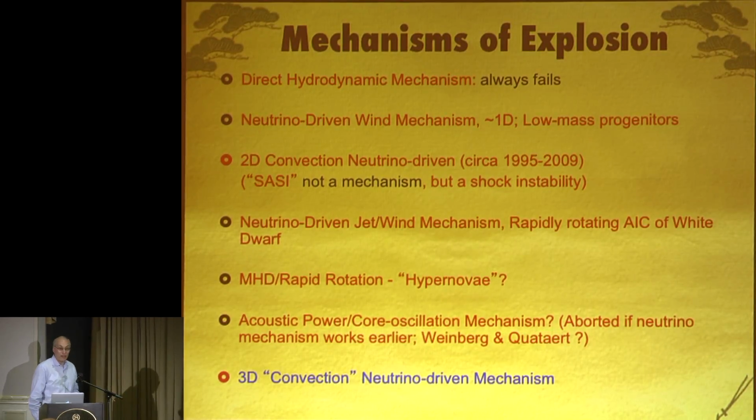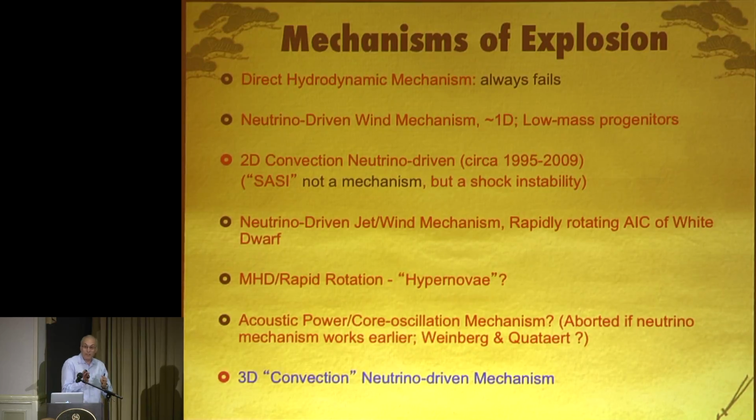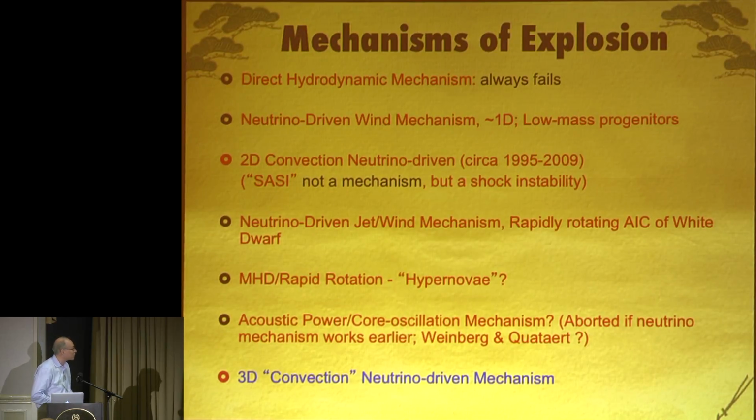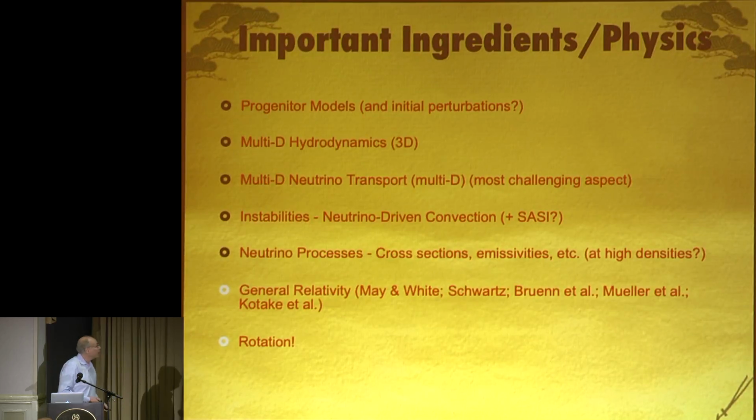Now, we've been talking about GRBs recently, and so I did want to make a connection, so I added a little bit about this. If you have rapid rotation in the cores of these things, it's really hard to suppress a magnetically driven jet explosion. But I don't think this is generic. I think this is hypernovae. And I'm going to show something and also maybe make a connection with what was talked about earlier. But we basically have to do the 3D. And what happens in the 3D is different from in 2D. So that's also one of the themes I'm going to be talking about.